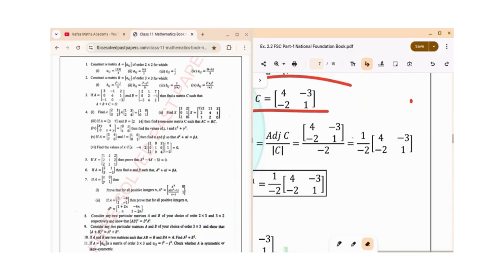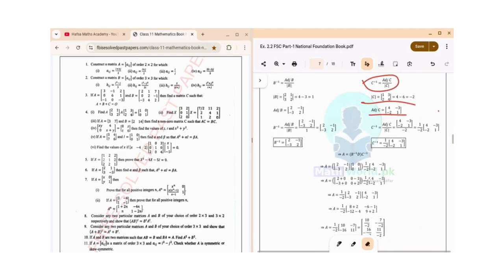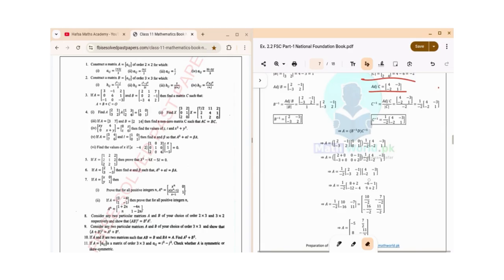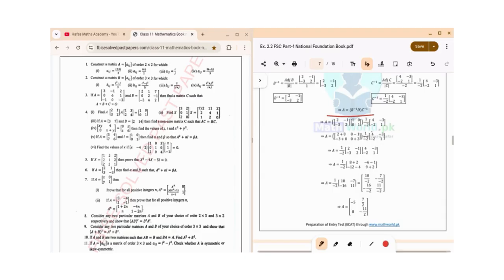Now, you found your C inverse, you found your B inverse, and of course you already have a D. So you already have a D, sorry. And you're just going to put it into the formula that we made beforehand. You're going to solve the entire thing, multiply B inverse and D first, and then multiply that value with your C inverse, and in the end you are left with A. Okay, so I hope that made sense to all of you. And we are just going to move on to question number